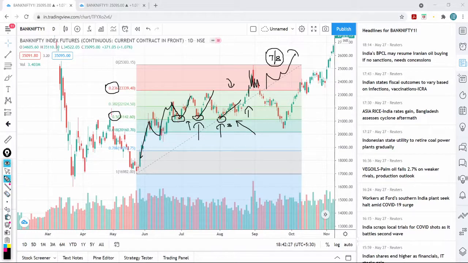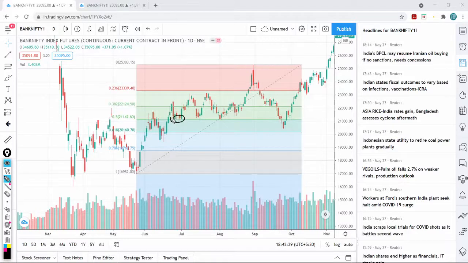Okay, here what is happening? Taking a support at 0.5, again and again, and now for the very first time price is crossing 0.236. What we require is 7 to 8 days that price has to spend above it, then only the up move will continue. How many days? Every candle is 1 day. This made a breakout, so 1, 2, 3, 4, 5, 6 candles. On the seventh candle price broke the 0.236 level. So price was not spending the minimum 7 to 8 trading sessions, only about 6 days.